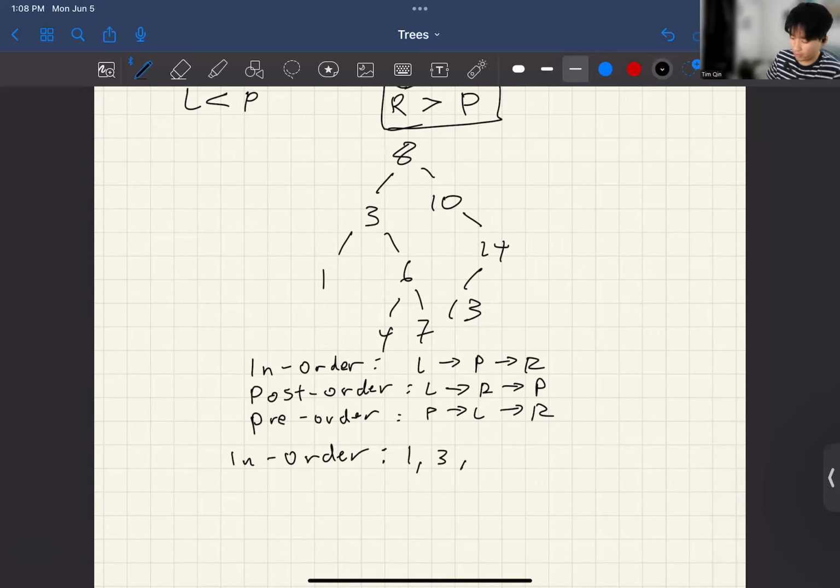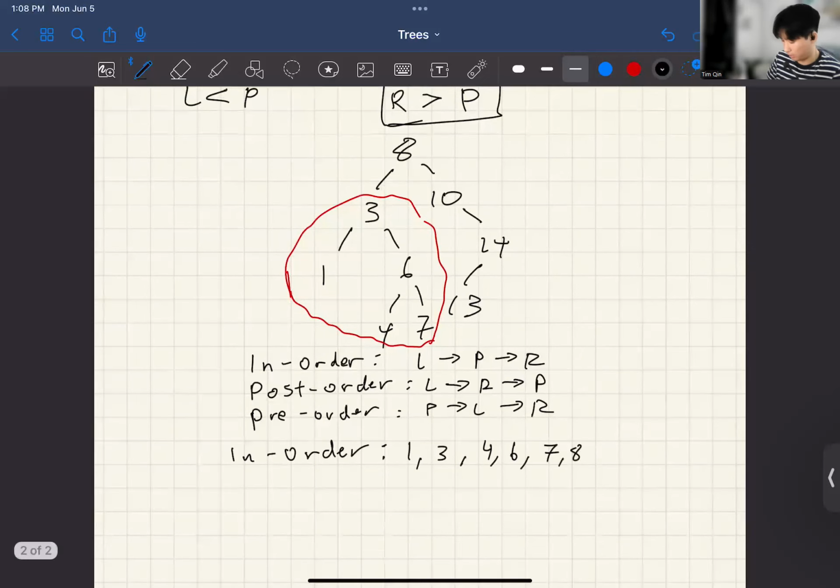Then from there onwards, we go to the very left of the right side of 3. So 4. Then the parent of 4, 6. Then 7. Then we take the parent of this subtree here, which is 8. Then we move on to the right side of the tree. So it would be